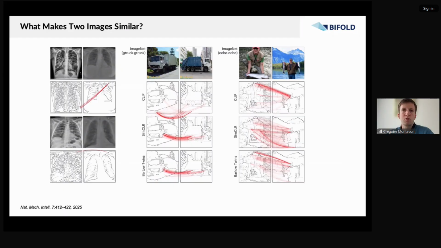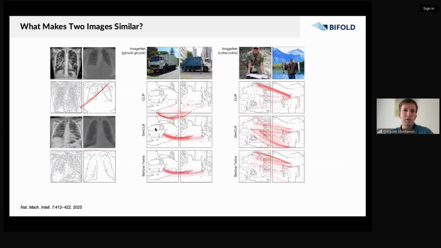For example, these two images of people holding a fish do not have text, but even though what is related here are the two fish being of the same type, coho, what the CLIP model looks at is not the fish, but the face of the people holding them, which in some cases might again not be the intended strategy. We also tried to look at different models, and we see that basically each foundation model tends to properly model similarity, but based on different reasons.